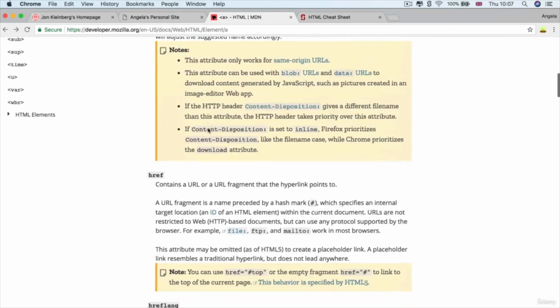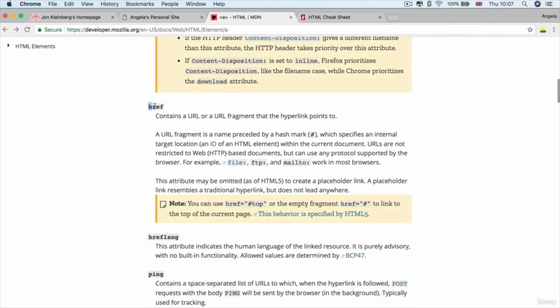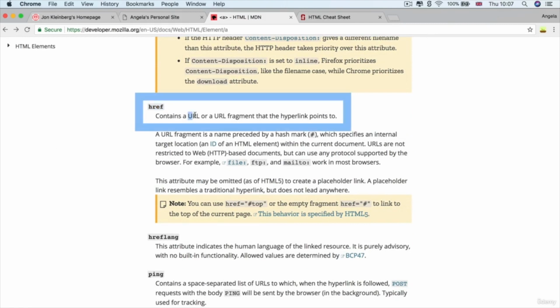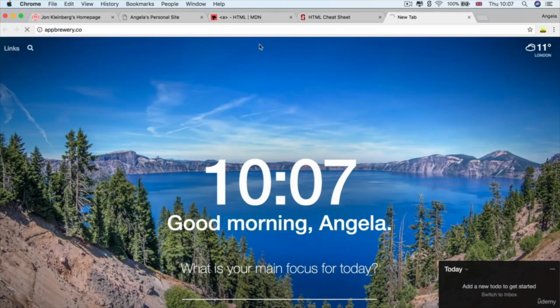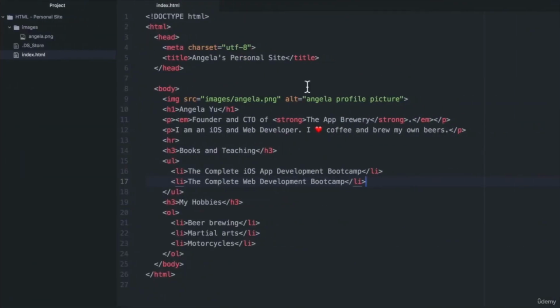Now, the main attribute that we're going to be concerned with is the href, and this is a URL that the hyperlink is going to point to, or the destination of that hyperlink. In my case, the destination is going to be appbrewery.co,